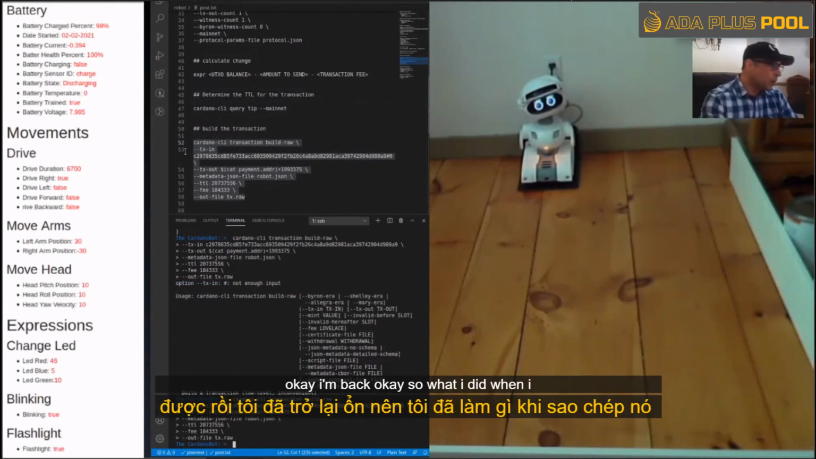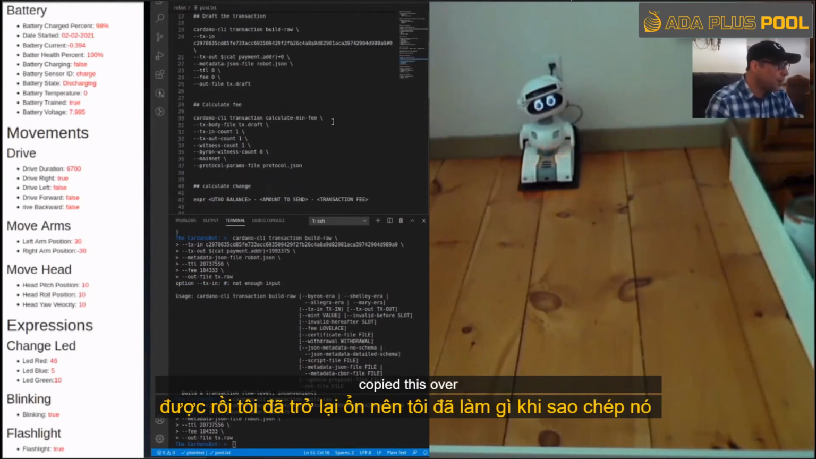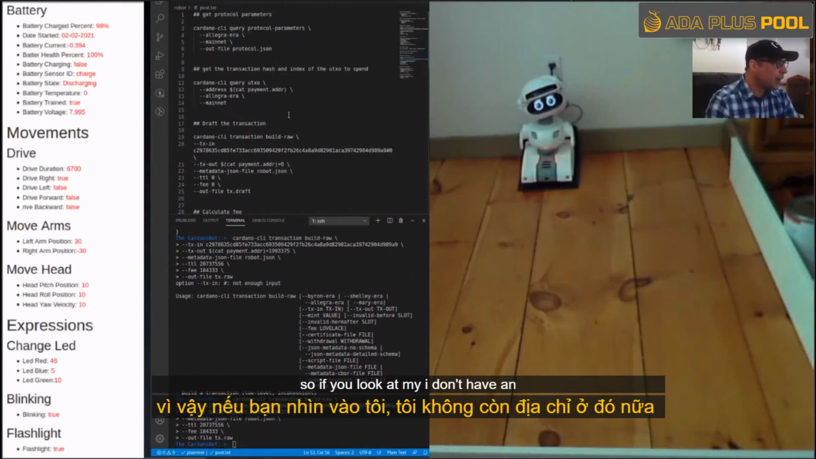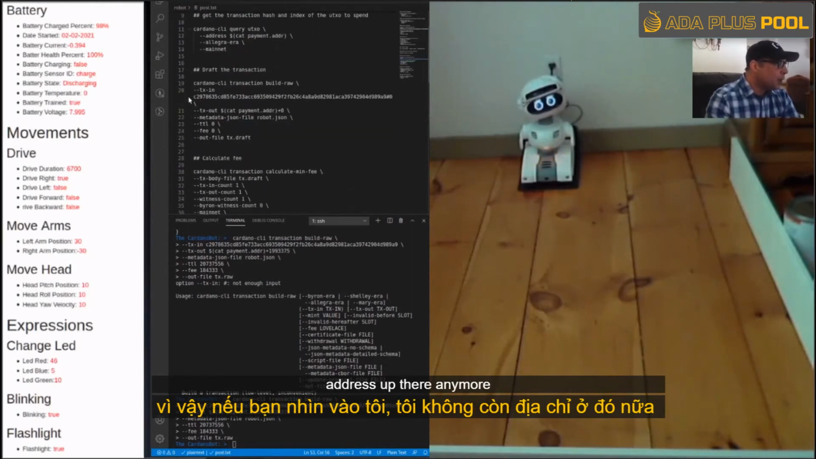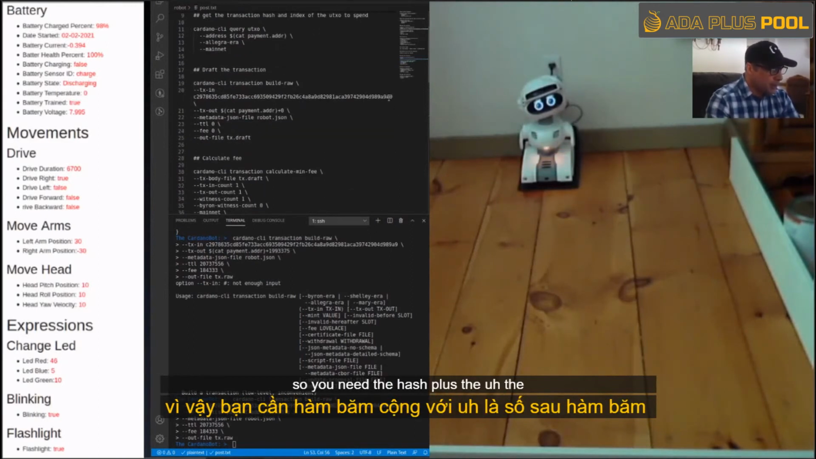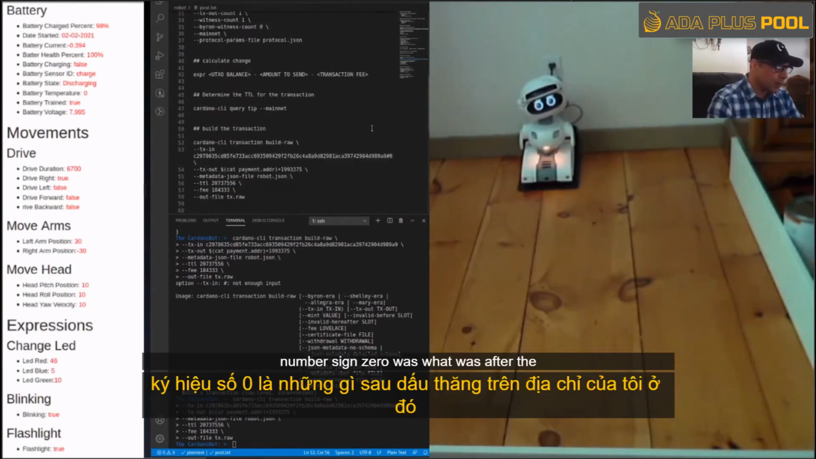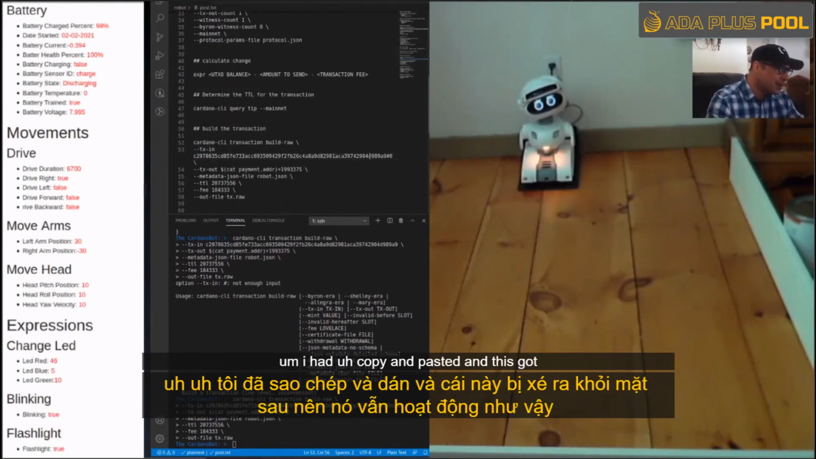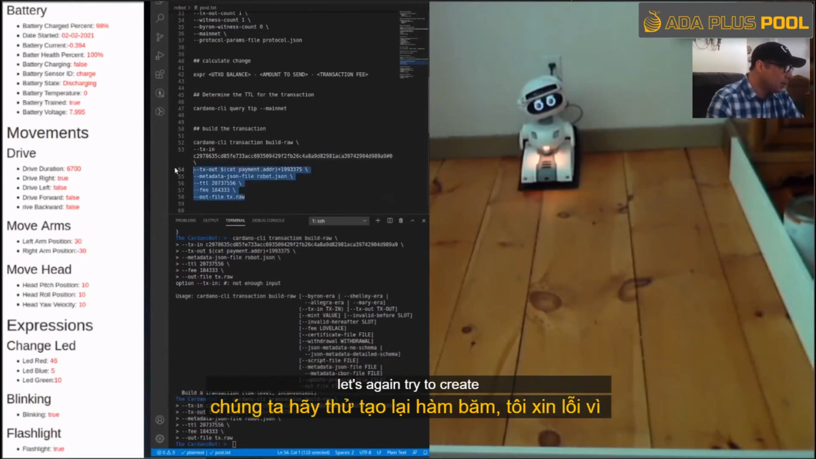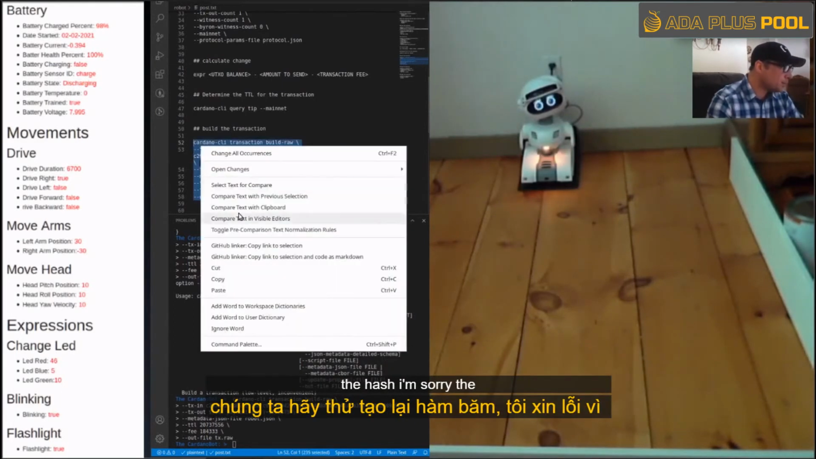Okay, I'm back. So what I did, when I copied this over, I don't have my address up there anymore. You need the hash plus the number that's after the hash. Number sign 0 was what was after the hash on my address there. I had copy and pasted, and this got torn off the back, so it wasn't working. So let's again try to create the hash,